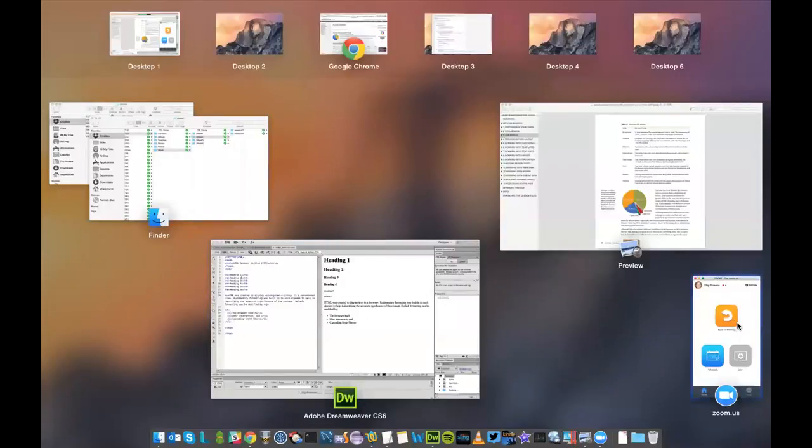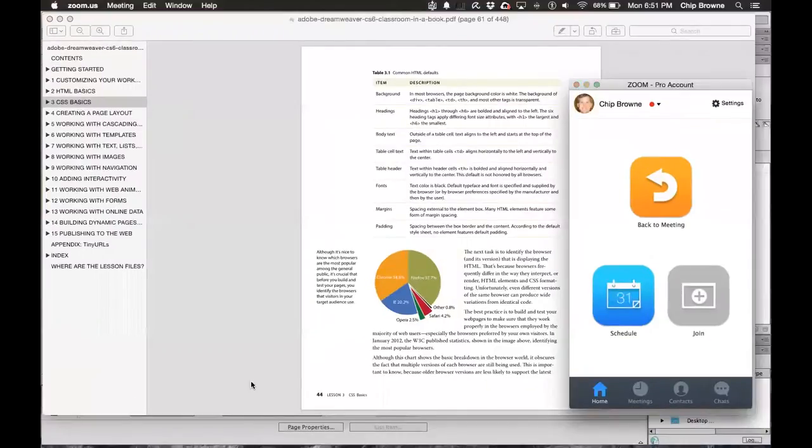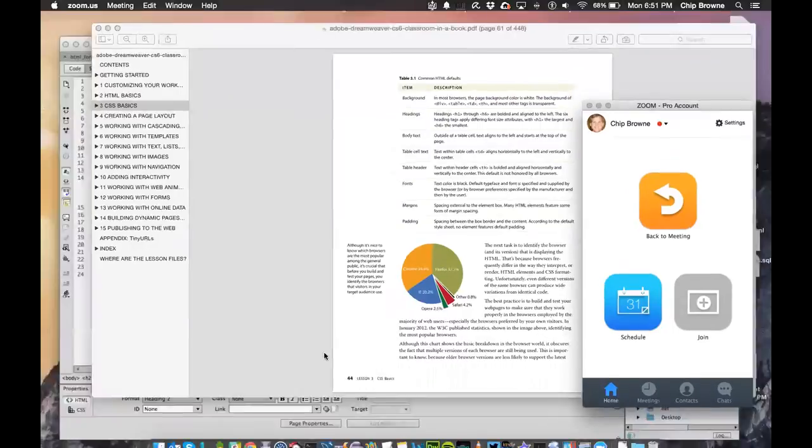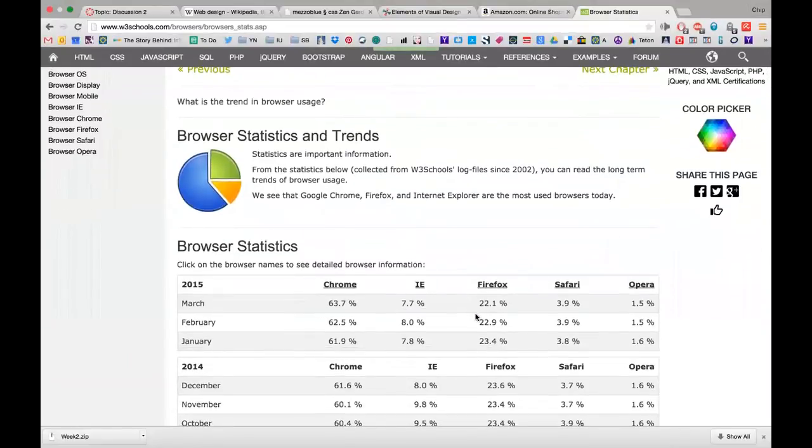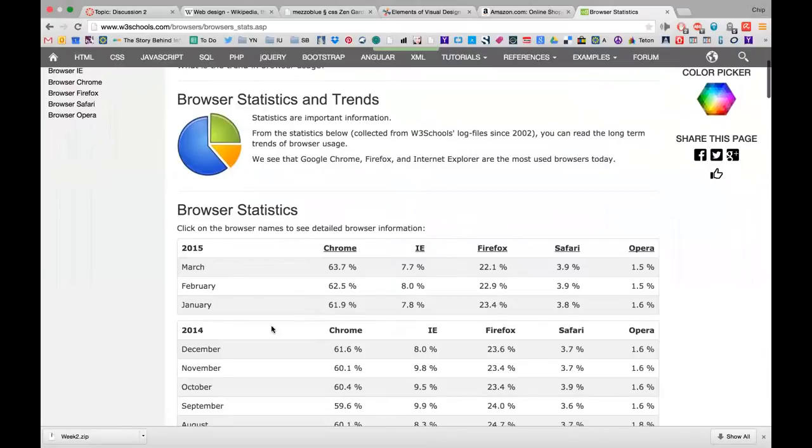Let me chat it to you. See, it's important because when you are a web designer, you have to anticipate how popular the browsers are that you're working for to create and make sure it works in. And this changes